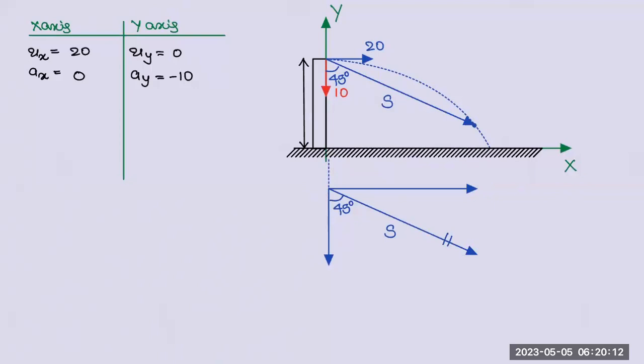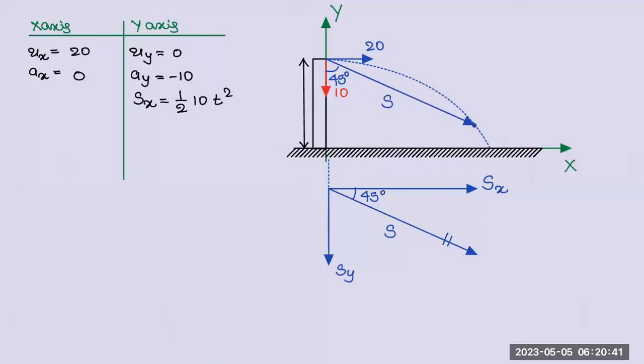Horizontal displacement, vertical displacement. Because it is 45 degrees, let us take exactly 45, whatever they give. 45 degrees below horizontal. This is Sx, and this is Sy. 45 degrees means tan 45 is equal to Sy by Sx, whatever you want to take. Same. So Sx is equal to ut plus half at square, half 10